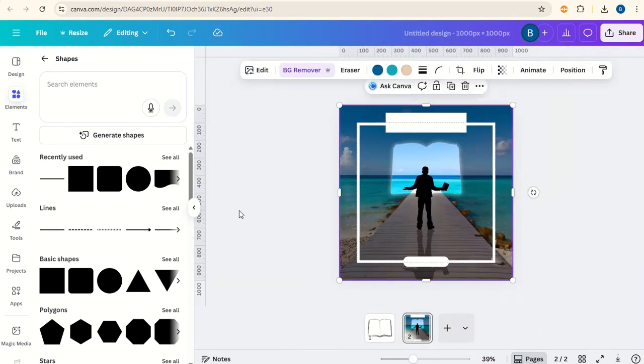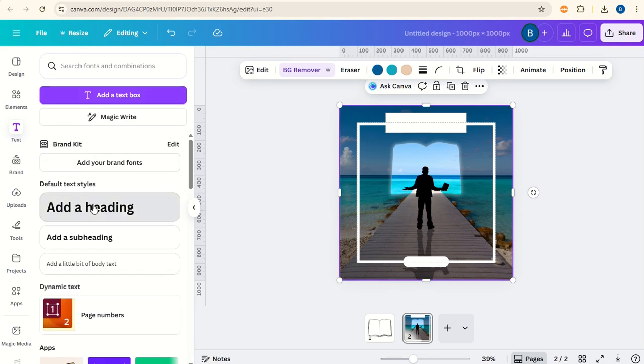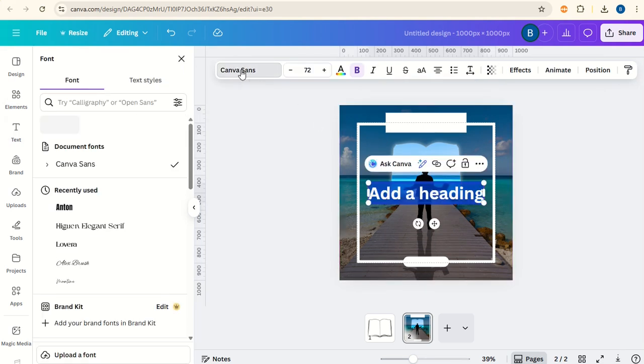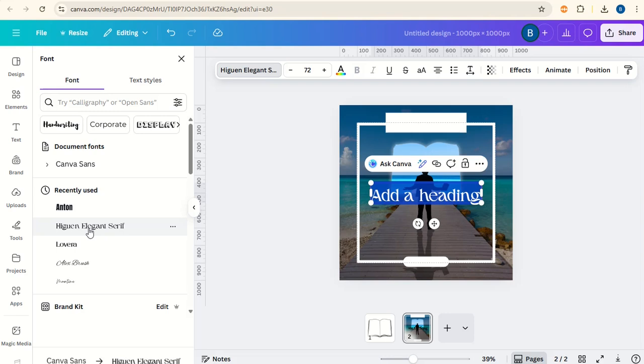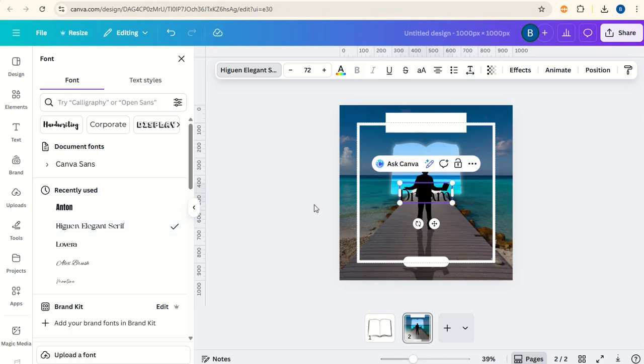Now we'll add the text, so go to text, add a heading, go to font, and we'll change it to Huygens Elegant Serif, and we can type in our word dreamers. Place that into the box at the top,